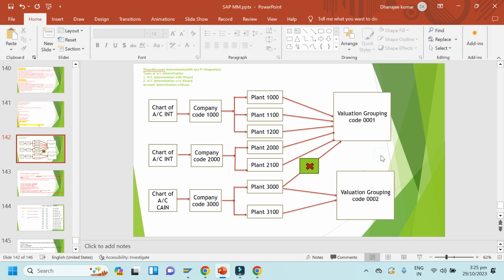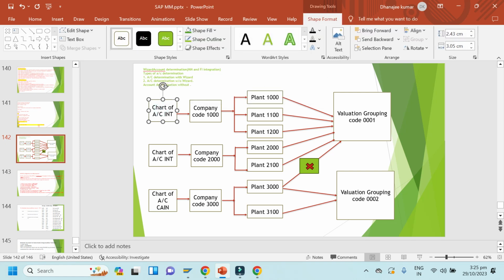Okay, so this is the complete diagram for chart of account, company code, plant and valuation grouping code. So here you can see for company code 1000 and for company code 2000, the chart of account is the same, right? INT, right? So if the chart of account is the same for any number of company codes, just now I have taken 2 company codes only, right?